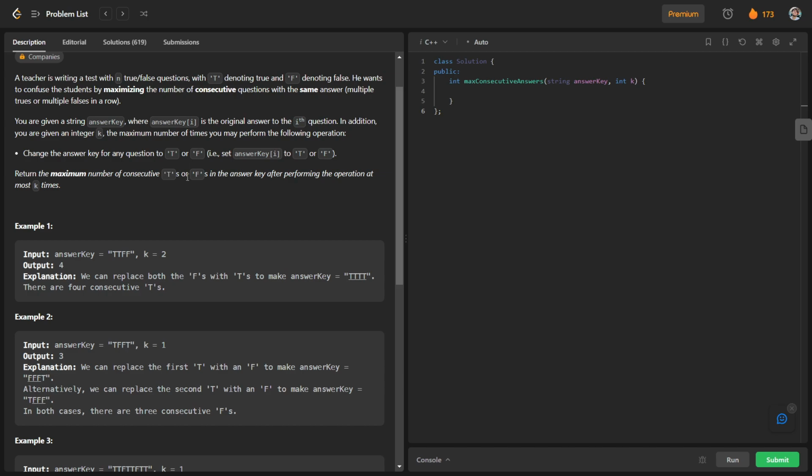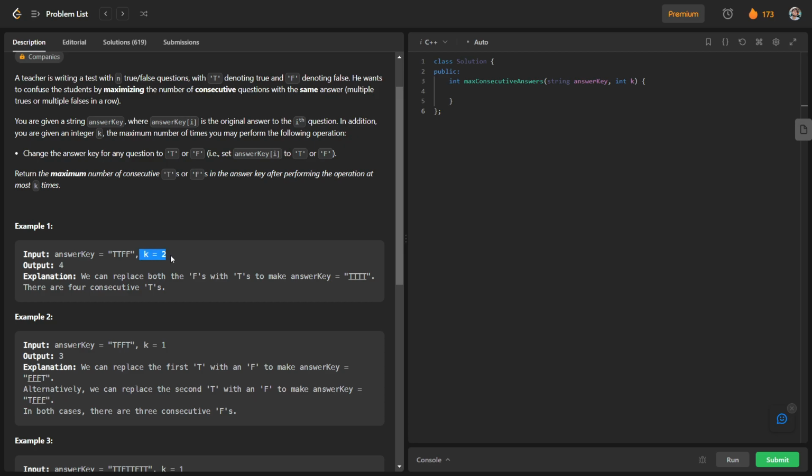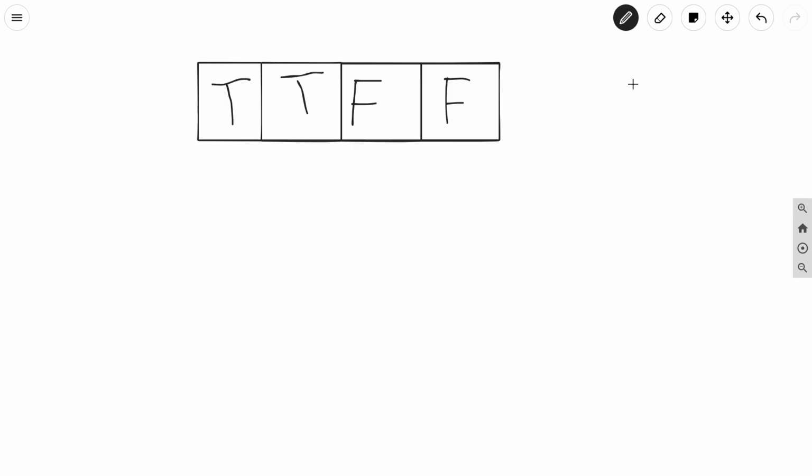So let us have a closer view of this question, and for our first input, this is our closer view. For this input, the value of k is nothing but 2, so I am going to write 2 here. What does it mean? We have to change our answer 2 times, so we can change our answer for 2 indexes.